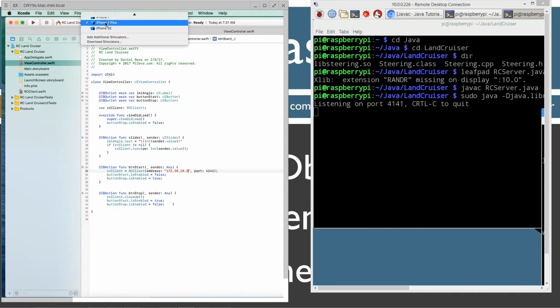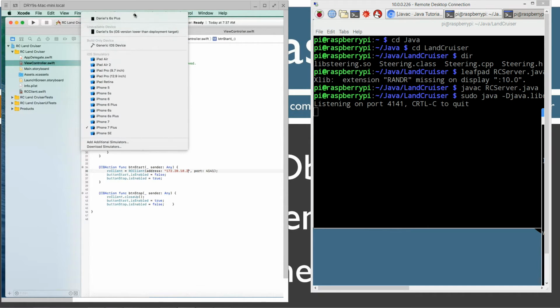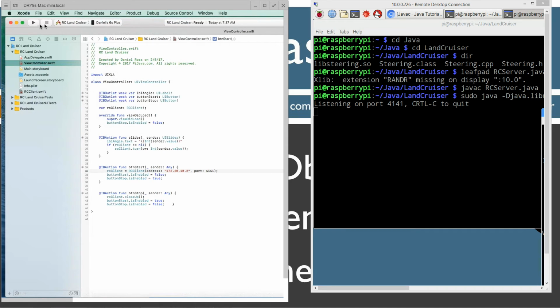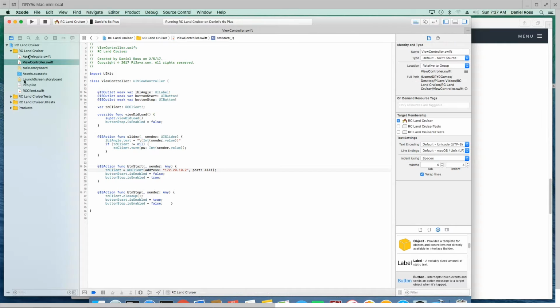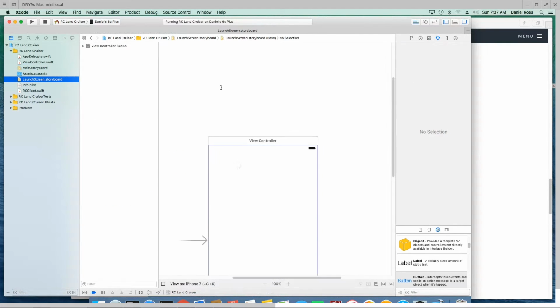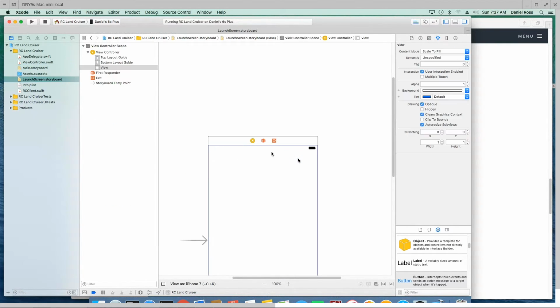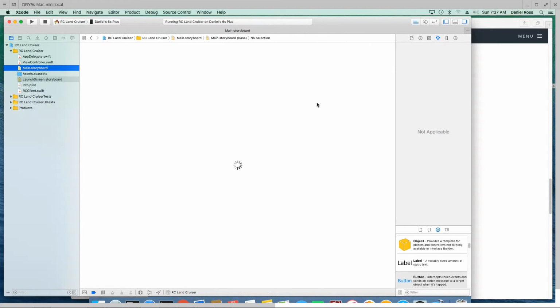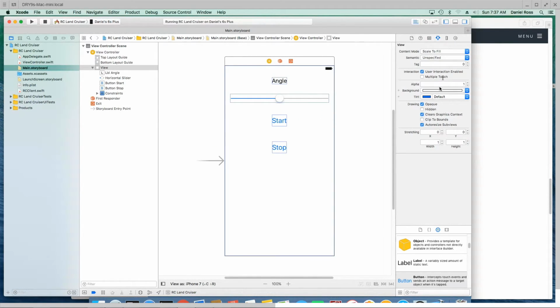All right, I'm going to go ahead and come up here and select my Success Plus, which is currently connected into that, and I'm going to go ahead and just run this here. And that will start that up on my phone. Oh, you know what I want to do? I want to do the same thing I did over in Android, and I want this storyboard to have kind of not the launch screen, the main storyboard. I want the main storyboard to have